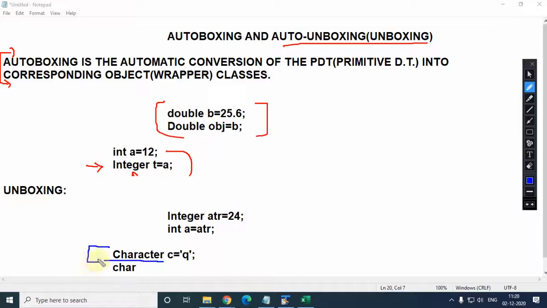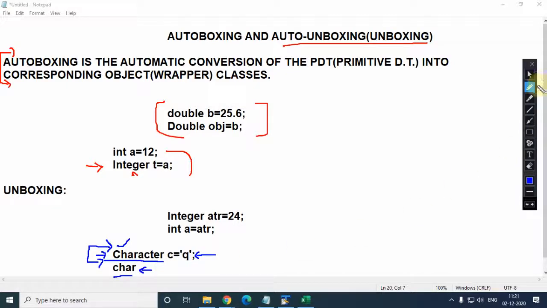So earlier also I have told you about the wrapper class. A wrapper class always starts with a capital alphabet of the respective data type. So if you want to write the character wrapper class of the char data type, it has to start with a capital C and must be in the whole form, like Character. So here we are declaring a Character of this char type, and this is the object, and this is a primitive data type in which we can store any value of character object or any other data type also.